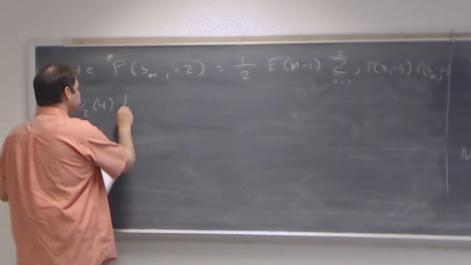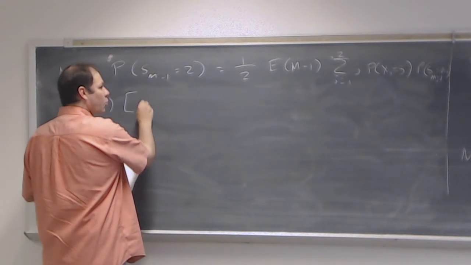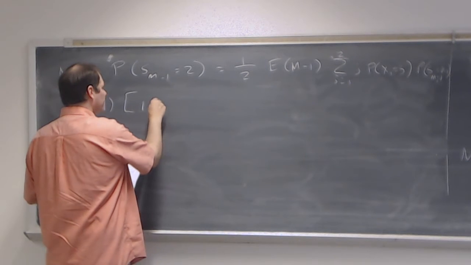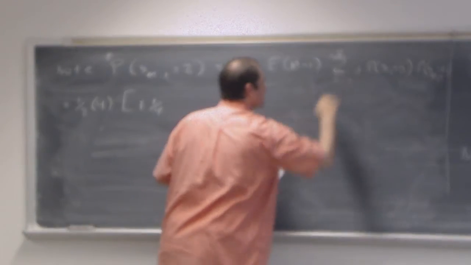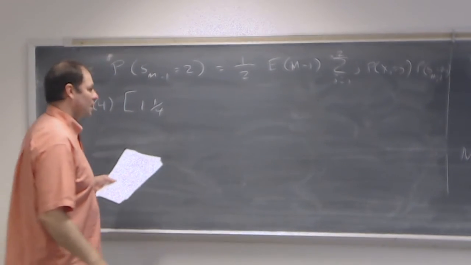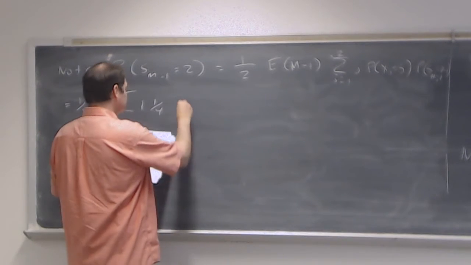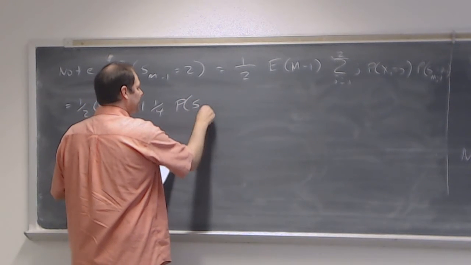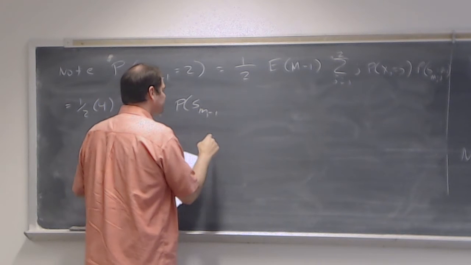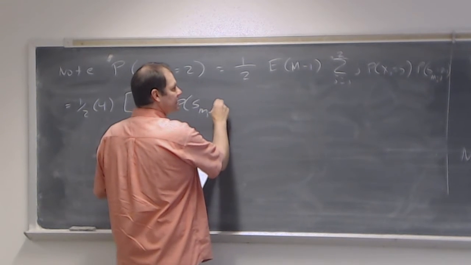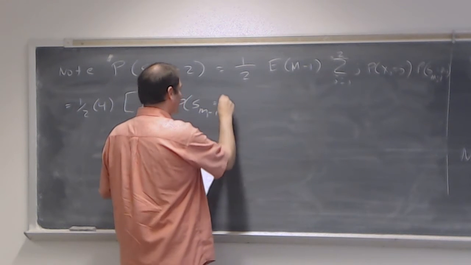And then times this sum. So it's 1 times 1/4, because that's the probability that X of 1 is equal to 1. And then times the probability that S of M sub 1 minus 1 is equal to, well, when j is equal to 1, would be 1,